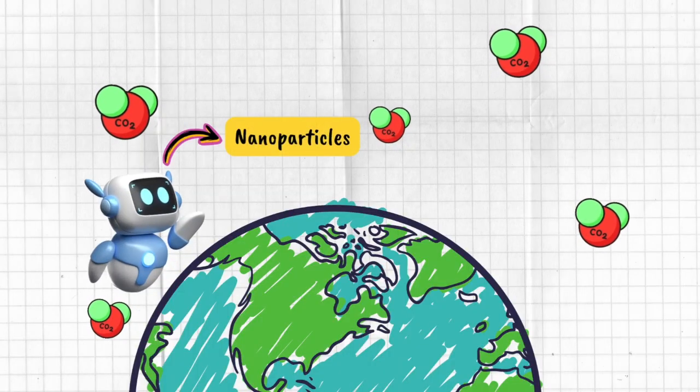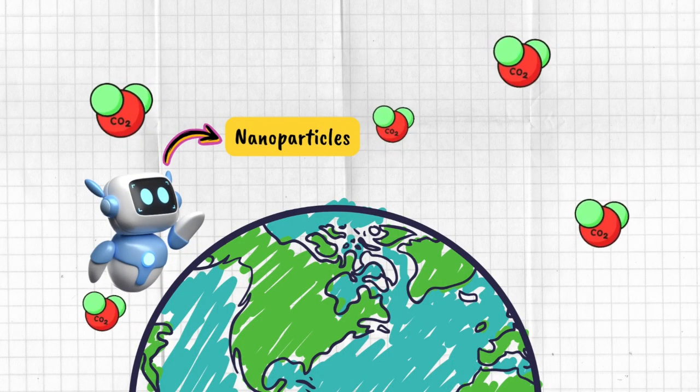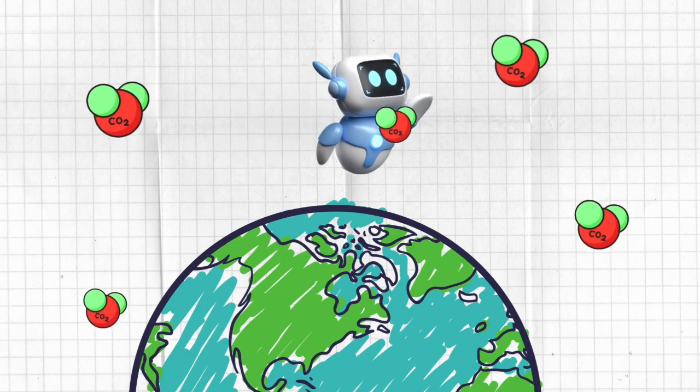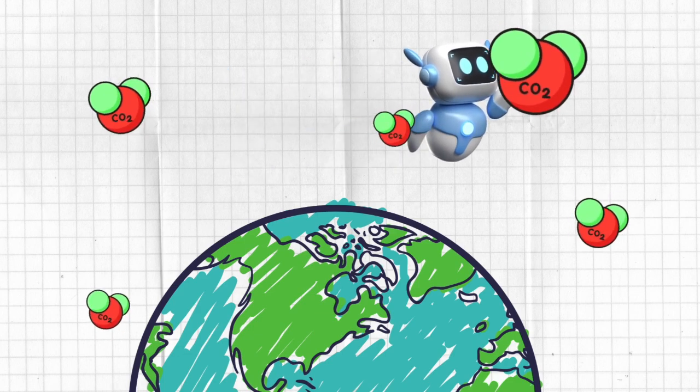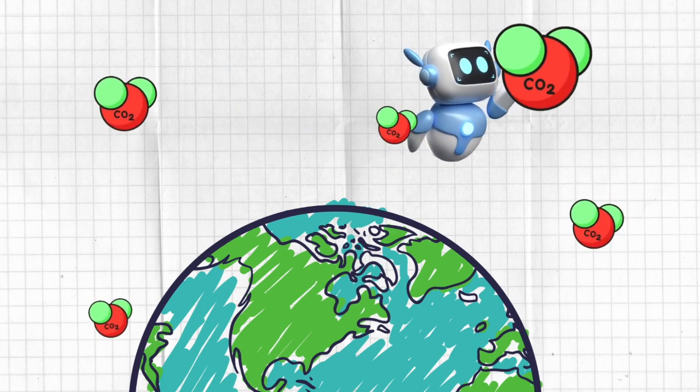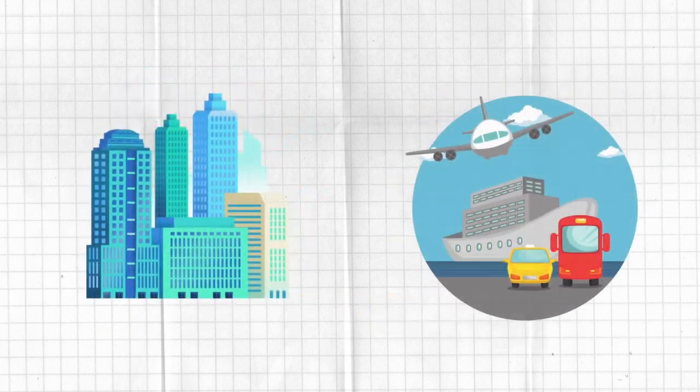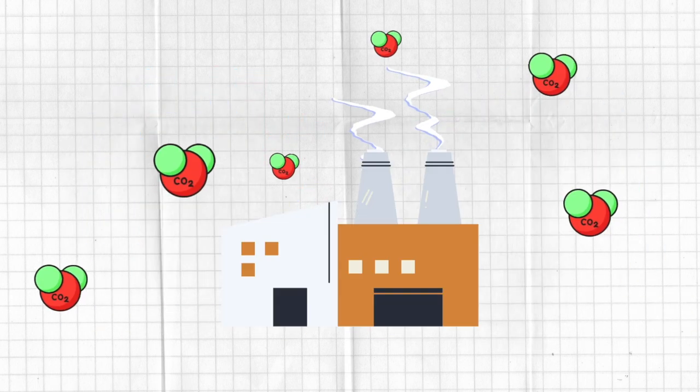Now this is where nanotechnology comes in. Imagine nanoparticles as magnets designed to latch onto CO2 molecules. These tiny particles can capture CO2 even when it's present in very low concentration, effectively filtering it out of the air. Nanotechnology can be used in various forms. For example, in power plant filters, industrial process membranes, and coatings on buildings and vehicles to capture CO2 at the